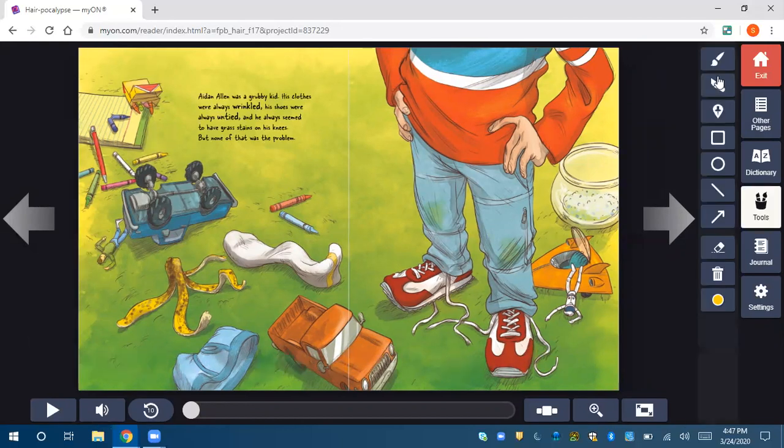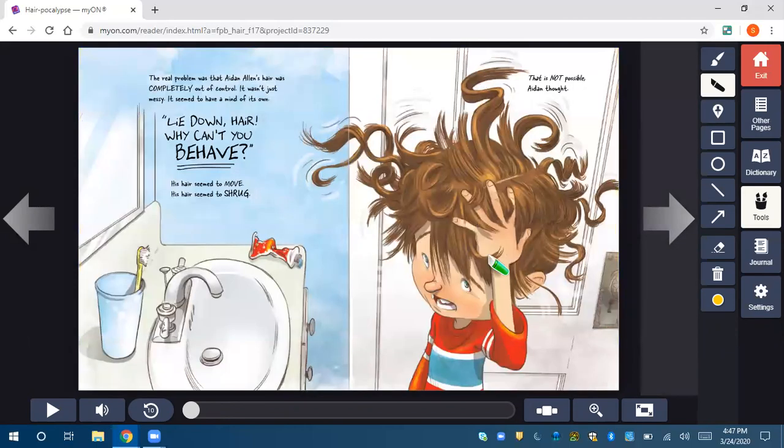We have a paintbrush and a highlighter, so if I find some evidence that shows that my character is feeling, let me go to the next page, if he's feeling frustrated, when he says, "Lie down, Hare, why can't you behave?" then I can highlight that and use it in my answers when I'm answering questions about how the character is